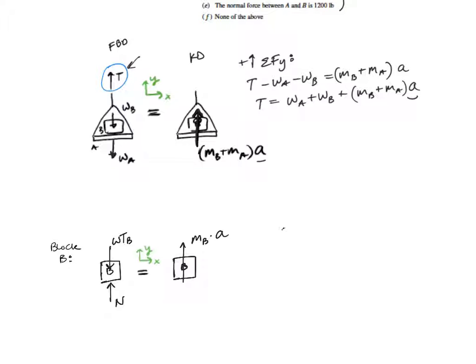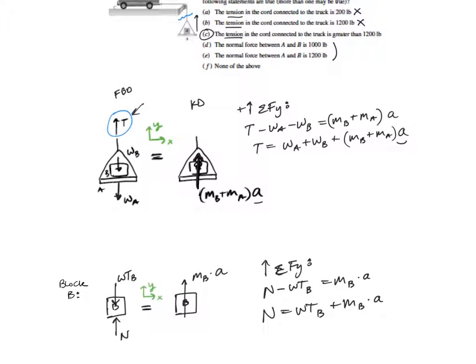And so now I'm going to sum forces in the y direction. N minus weight of B is equal to mB times A. And now I've got that the normal force is equal to the weight of B plus mB times the acceleration,